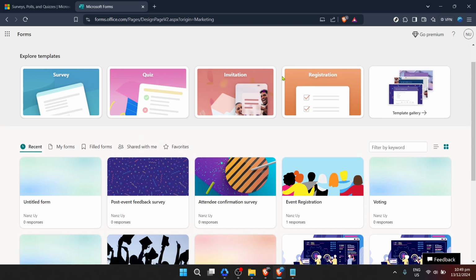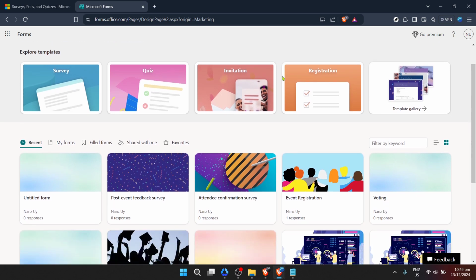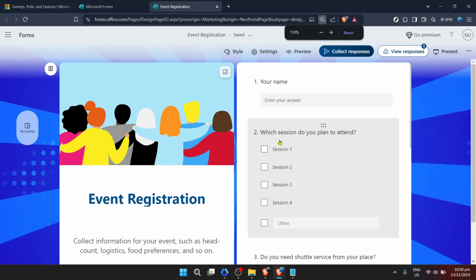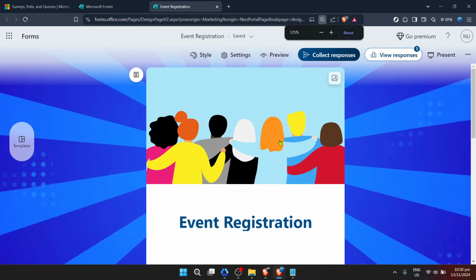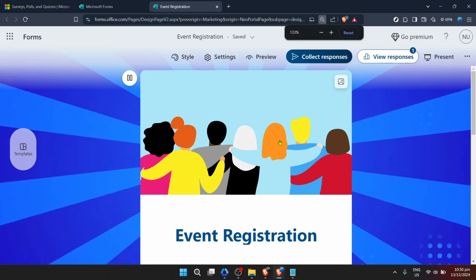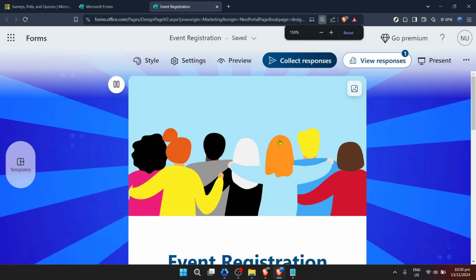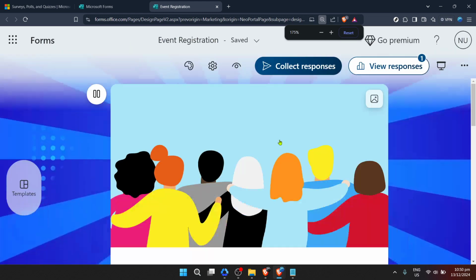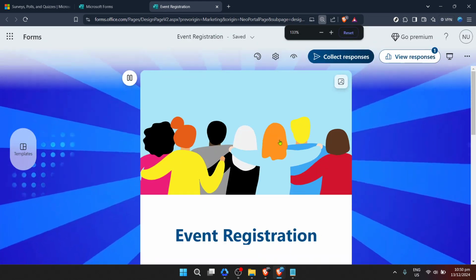Now here we are at the crux of our journey today, zooming in on your selected Microsoft form. If you're using a Mac, you can easily zoom in by pressing and holding the Command key while scrolling up on your mouse or trackpad. Alternatively, you can press the Command key in combination with the plus key to zoom in. This action increases the size of the content on your screen, making it easier to read and edit details on